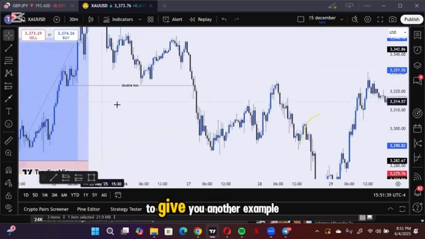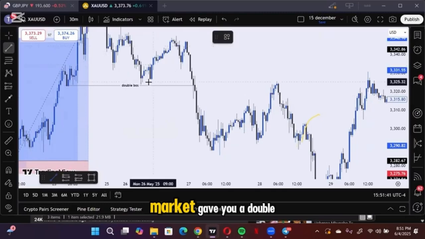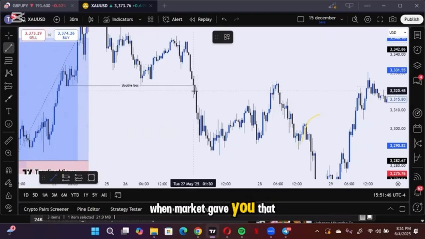Okay, so let's give another example. Market gave you a double break of structure here. After this double break of structure, this was officially when market gave you that double break of structure. When it's used, remember, if market is going to give you